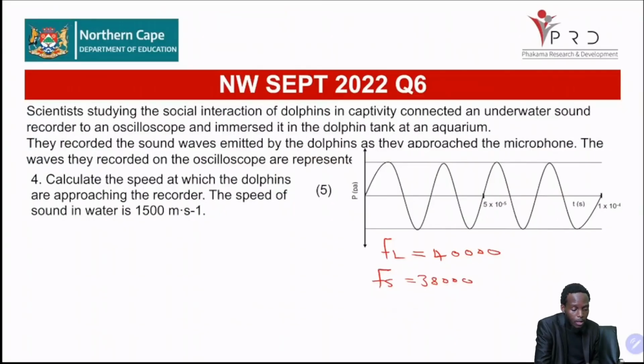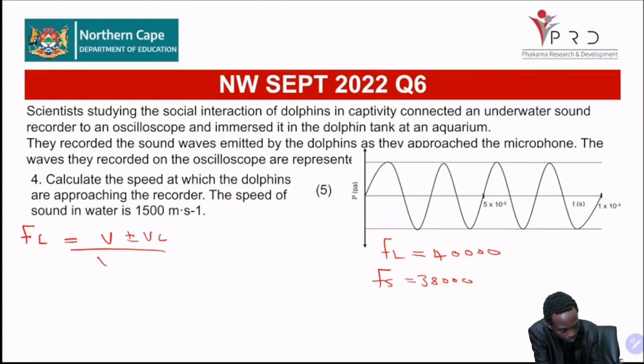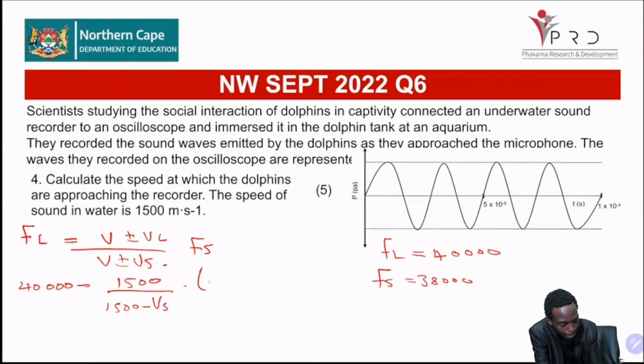So now we need to work out the speed of the dolphins. So FL is going to be V plus minus VL over V plus minus VS multiplied by FS. What is our FL? This is 40,000 equals 1,500 divided by 1,500 minus VS multiplied by